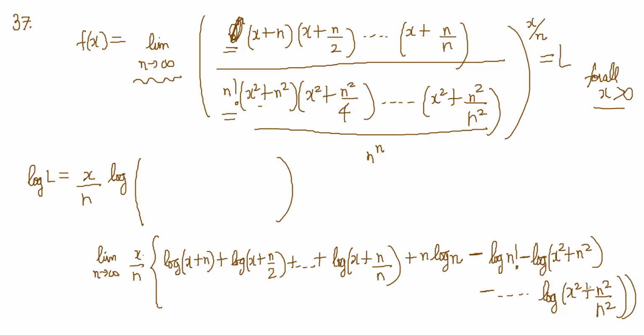Now what will you do? You have to do that somehow. You have to get it in that r by n form. So the main thing is to somehow get it in that r by n form and do an integration. So how will you get it is the idea. Think a little bit. Let me also think for a moment.